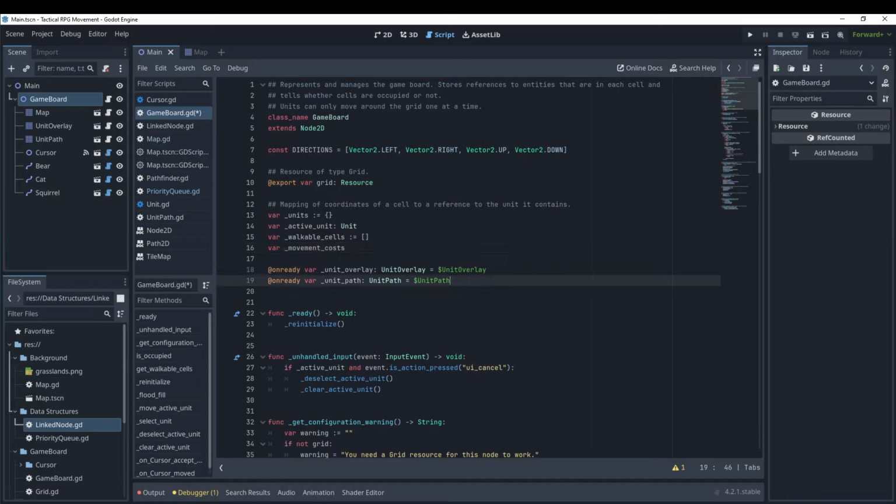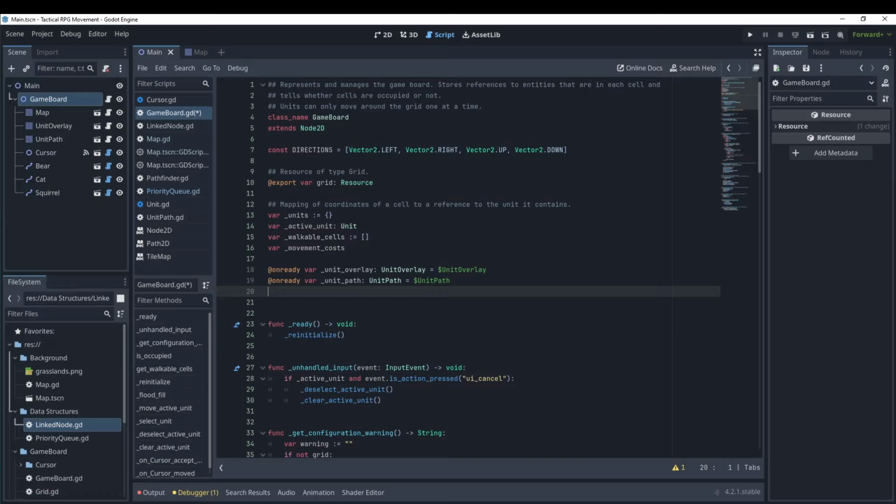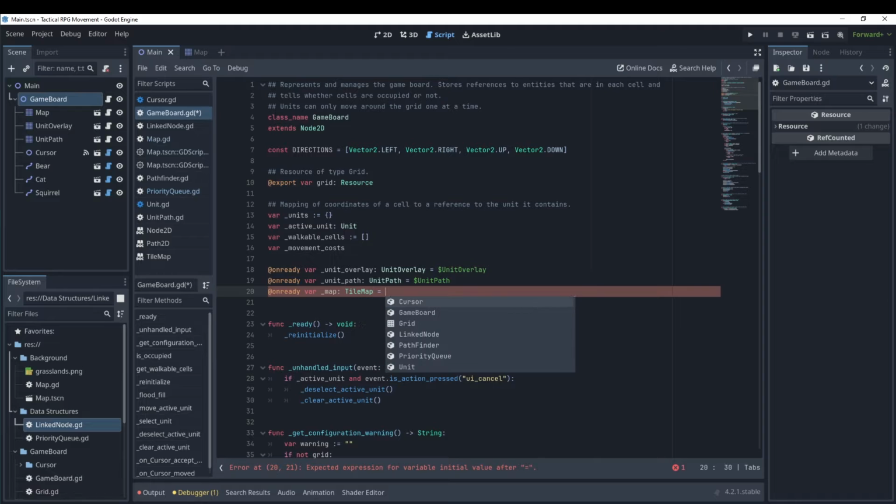We are then going to do @onready var _map equal to type TileMap, then make it equal to